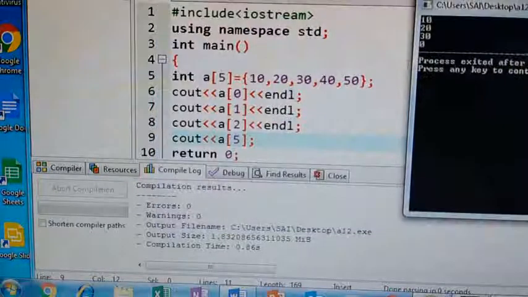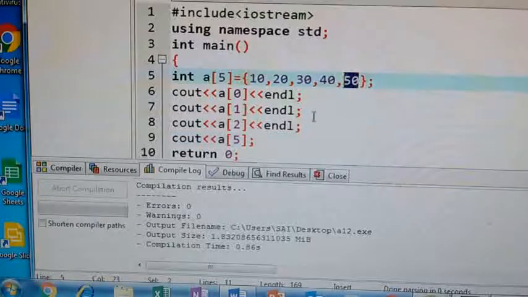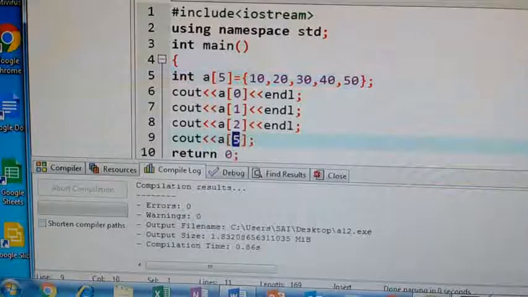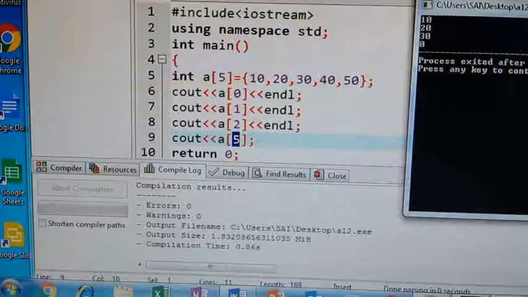Actually, that element is not there. 0, 1, 2, 3, 4. The last element's index is 4. But here what I am trying to print is index number 5. So when the element is not there and you are trying to print that element, here what you are getting? 0. Okay.